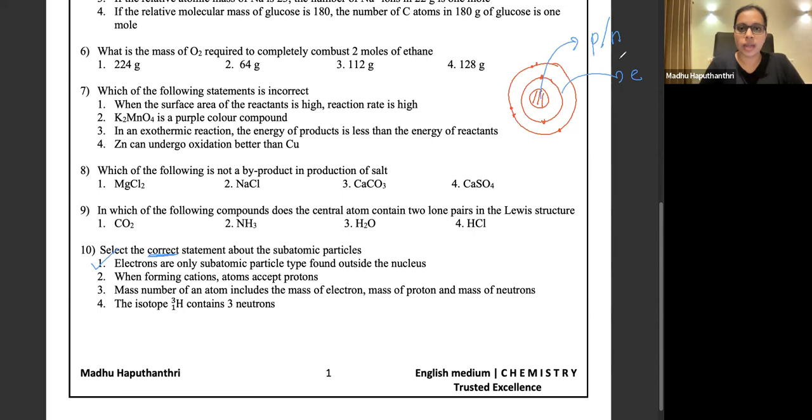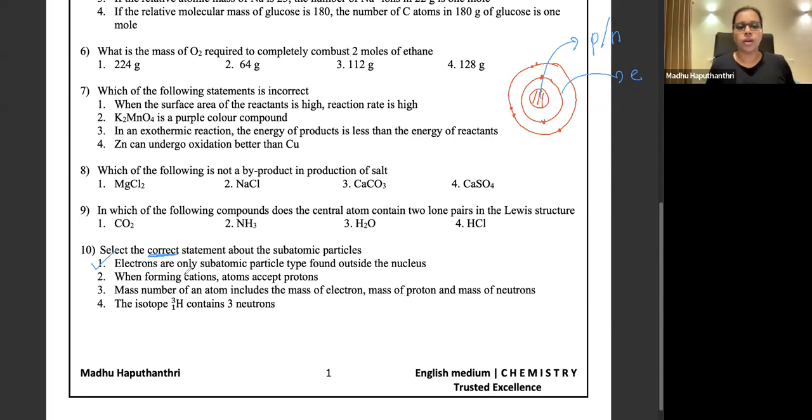And I'm emphasizing that fact: electron is the only subatomic particle found outside the nucleus. All the other subatomic particles. Now for your O-level, you are getting exposed to protons and neutrons only. But when you study science further, you will get to know that there are so many other subatomic particles in addition to protons and neutrons. All those subatomic particles are also residing inside the nucleus. Electrons are the only subatomic particle found outside.